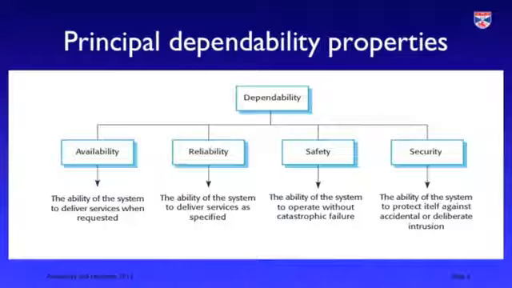I'm Ian Somerville, and in this video I'm going to be talking about issues of availability and reliability. In a previous video I talked about the concept of dependability as a composite system property that's an amalgam of four other properties: the system availability, reliability, safety and security. Simplistically, availability is the ability of a system to deliver services when requested to do so,